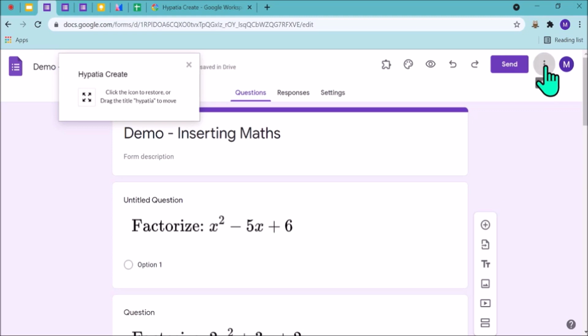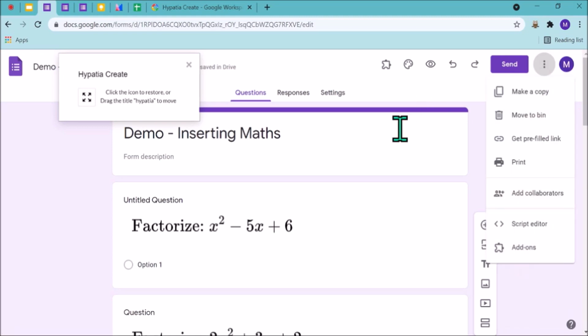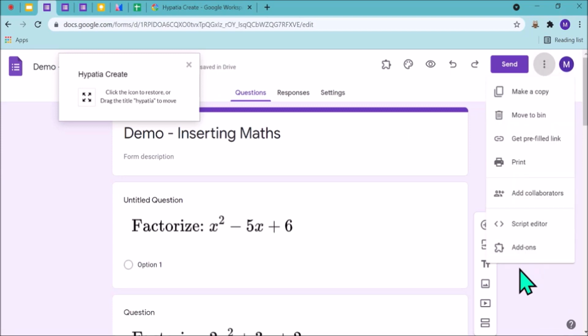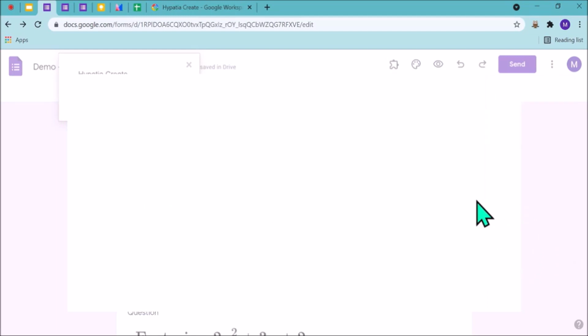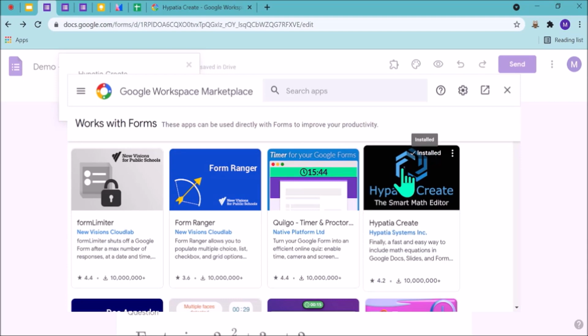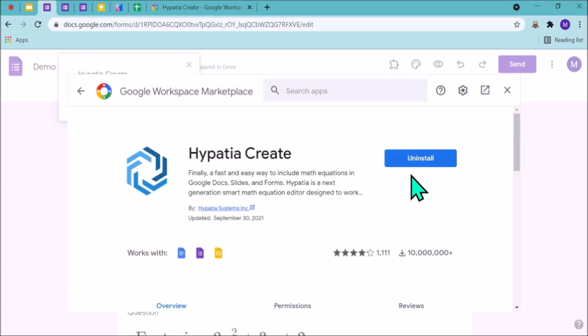Three dots here. What did you open first? I have opened Google Form itself from the beginning. If you want to download an app, just click on this more button. There is add-ons. You are to click here. Whatever feature you want to search, you can just type here. Timer, etc. All are here. It is taking time. Hypatia Create is already installed. Otherwise, you can just click on it. At present it will show uninstall because it is already installed. It will show install here and just 2-3 permissions it will ask for. You just give the permission. Is it free?